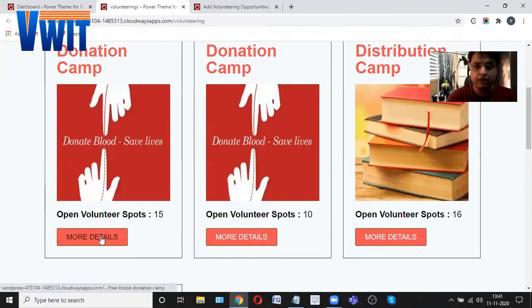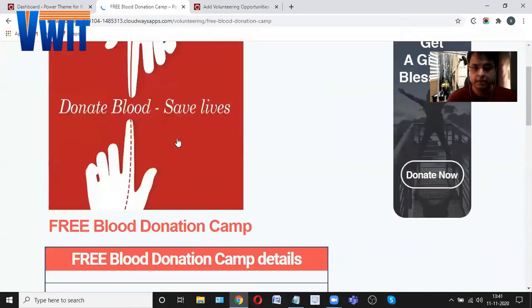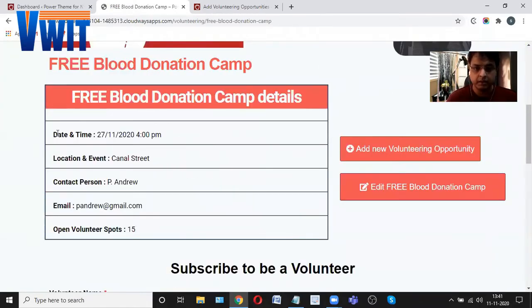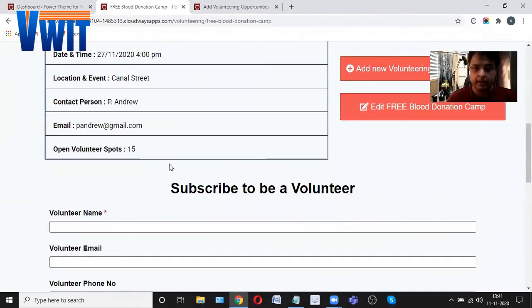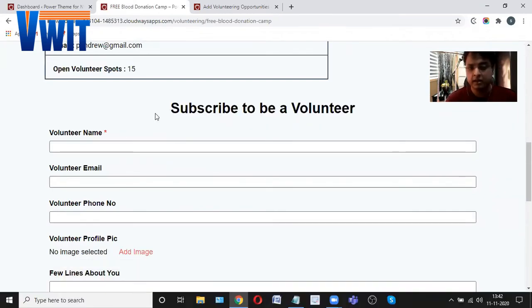Let's see how the individual page looks like. Click on more details. Yes. And this is the detail of the volunteering opportunity. And the below form shows how to be a volunteer for this volunteering opportunity.